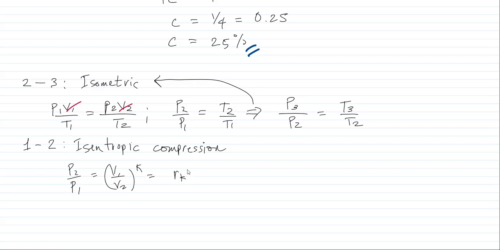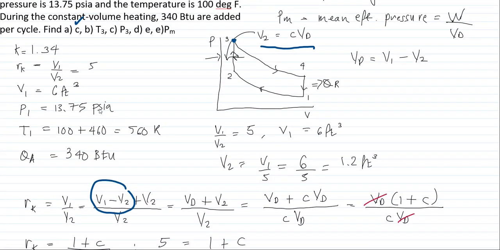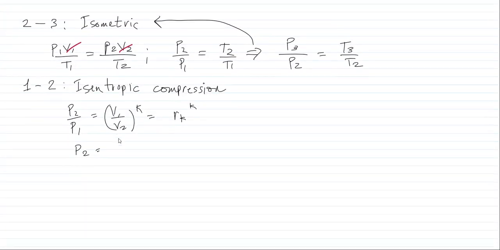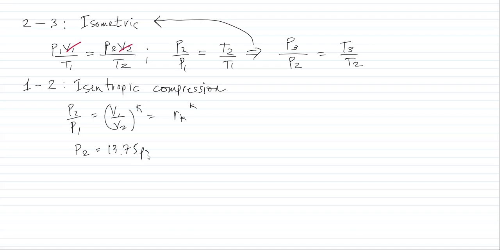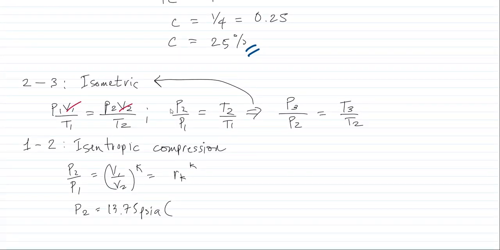So we can have R sub K raised to K. So P2 is equal to P1. So P1 is given 13.75 psia, and our isentropic volumetric ratio is 5. Okay, that is given. So 5 raised to